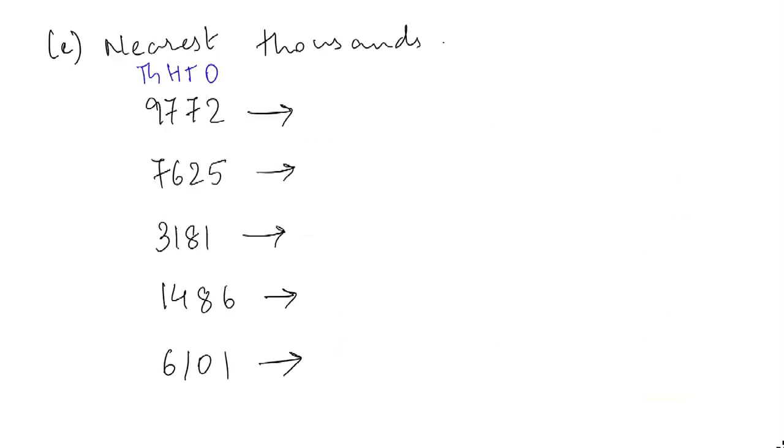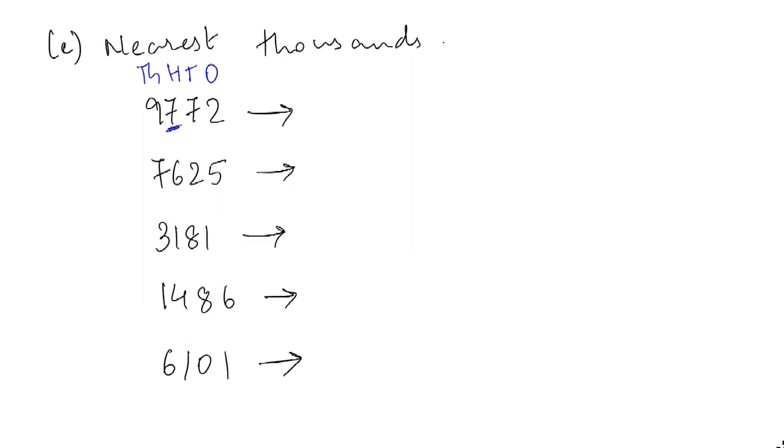Number C, round off to the nearest thousands. There are 5 numbers. We are going to round them off to the nearest thousands. While rounding off to the nearest thousands, we have to look at the digit in the hundreds place. If the digit in the hundreds place is 5 or greater than 5, we are going to add 1 to the digit in the thousands place and the rest of the digits will become 0. So the first number is